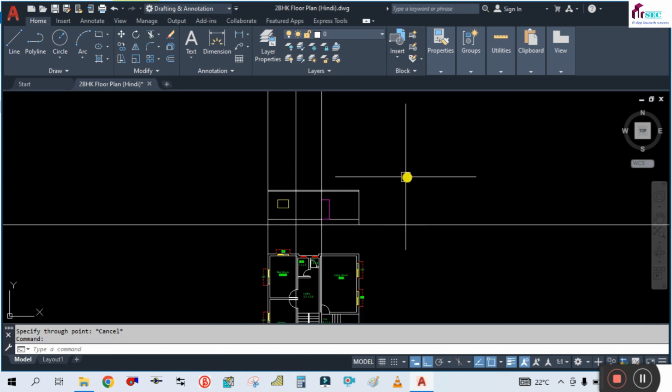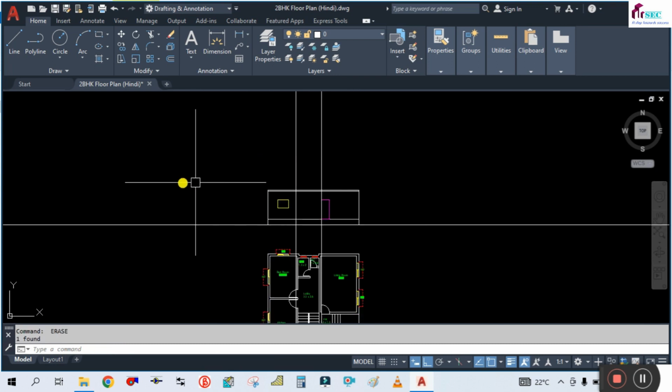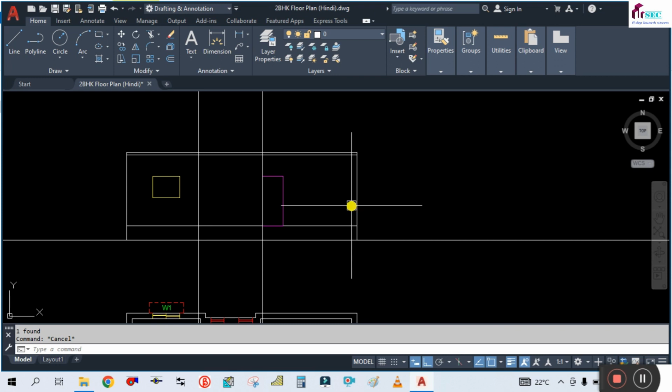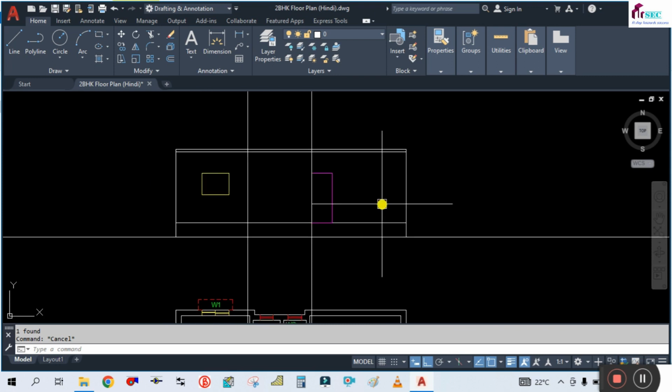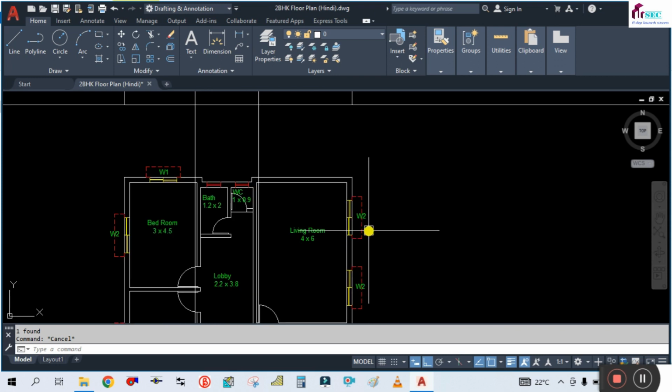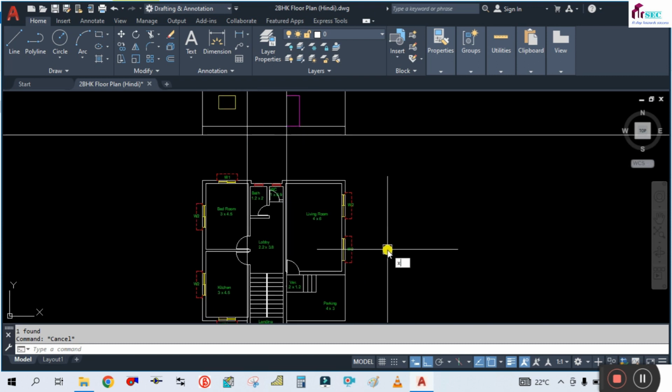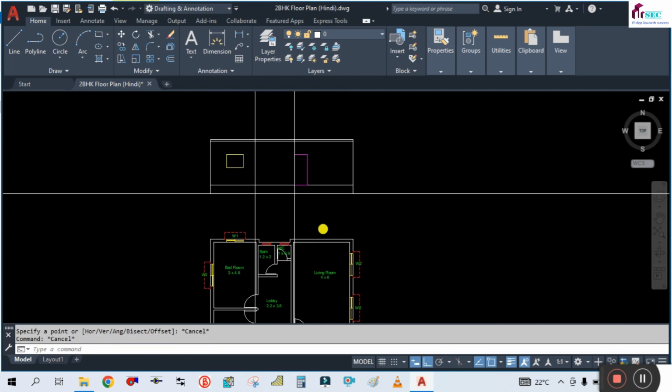So this should be removed, erased. Okay, and these two lines should be erased. Now what you will do, you have to show this window projection, this Chaja projection as well. So take the construction line, type XL, or let me draw first this